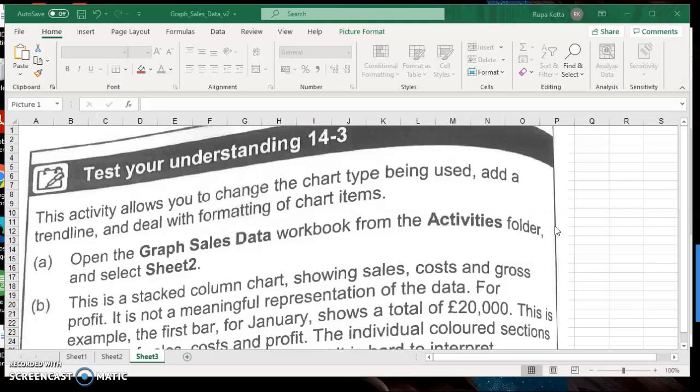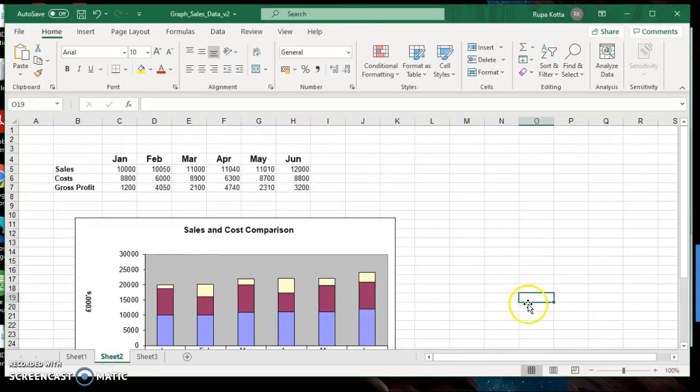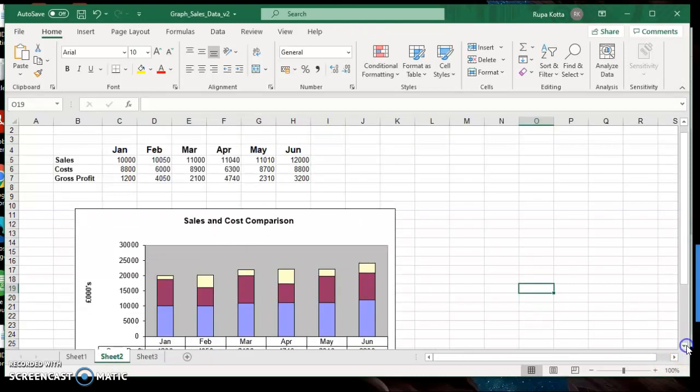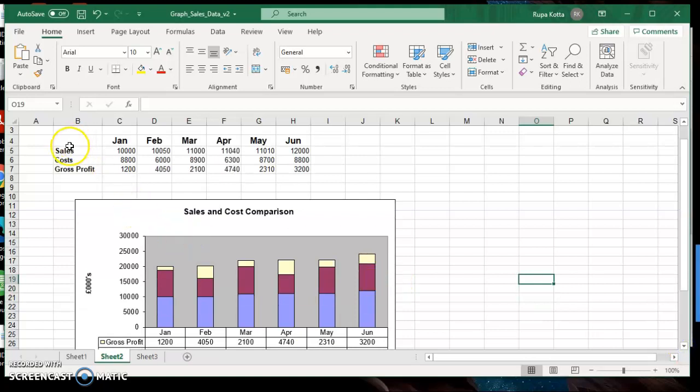Okay, so this is just changing an existing graph which is already there. To do this one, we need to open a file called graph sales data, which is the one I opened, and select sheet 2. In sheet 2, you have a graph already given to you, and this graph is showing you the sales, the cost, and the gross profit made by the business.